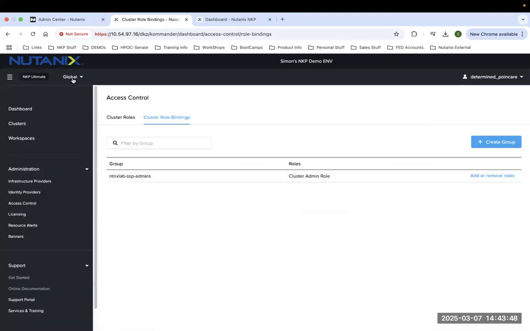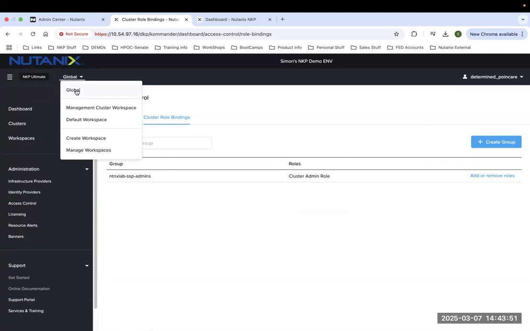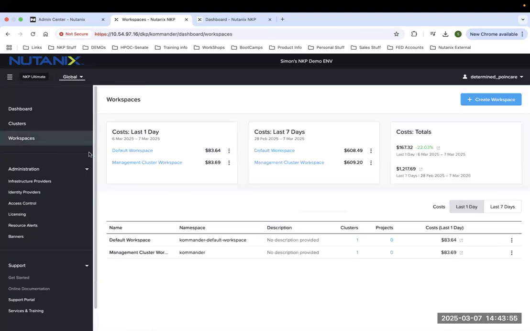So the first thing that I want to do is introduce you to the concept of workspaces. And with workspaces, it's really how we limit who can see what. You can see a lot of different cost information based on these different workspaces. So far, and I'm going to create a new one, and I'll create a new cluster here in a second. We have our management cluster workspace, and we have another workspace that we just simply labeled default. But you can see cost for the last 7 days, total cost in the last day. We can see these different